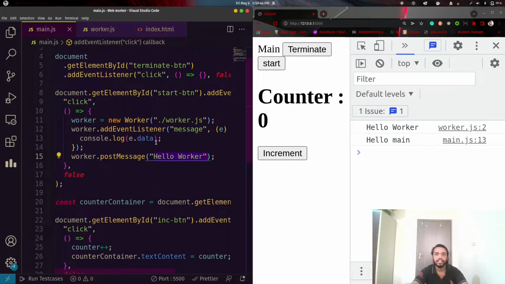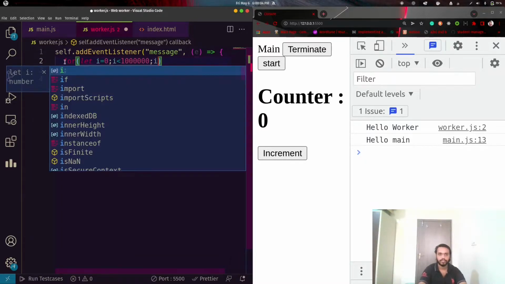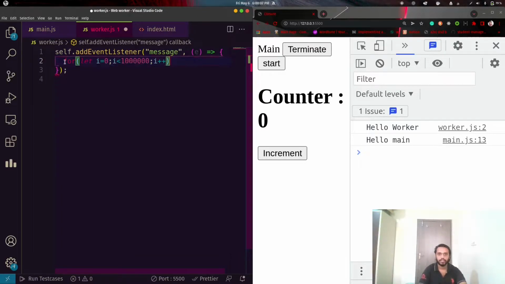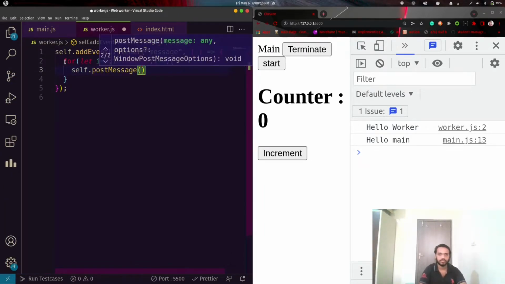Now let's check how this worker will not affect our main thread while doing a CPU intensive task. Let's have a loop here and send this message to the main thread.